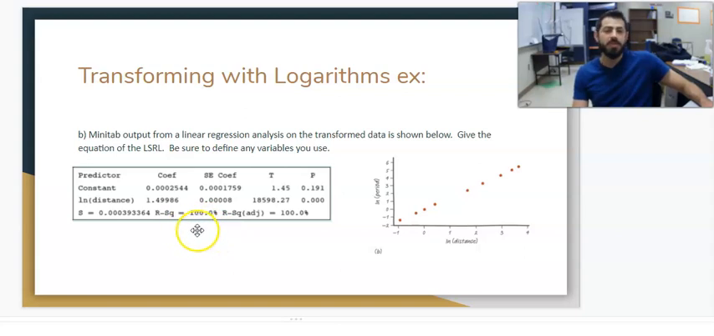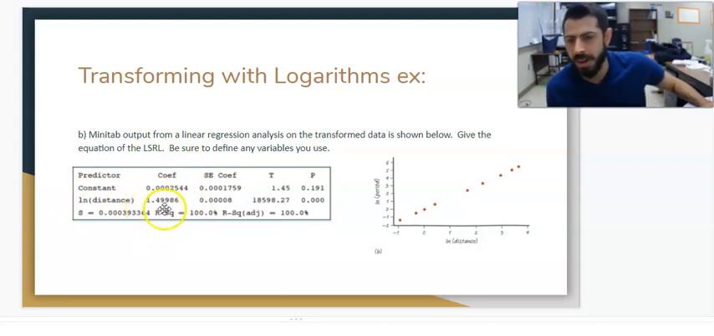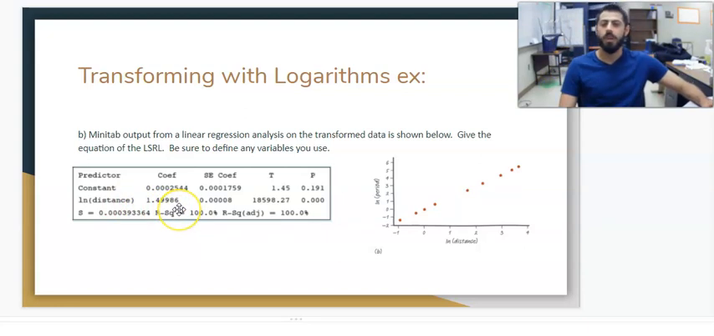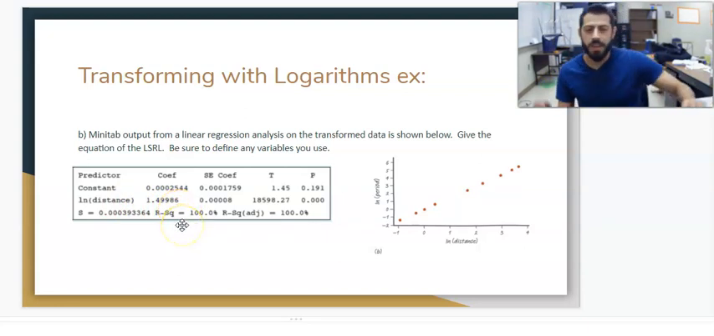That's almost impossible to get normally, right? Like, we don't see that. So it looks like our y-intercept is this first value, 0.0002544, and our slope, the number being multiplied by the natural log of distance, is 1.49986. So if we needed to come up with an equation, we would say the natural log of the period